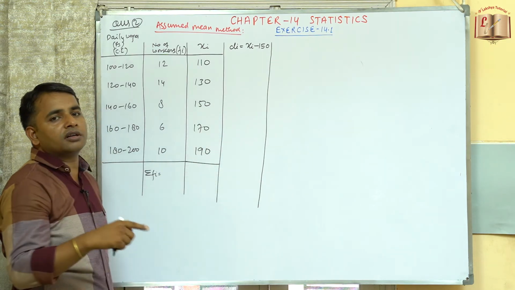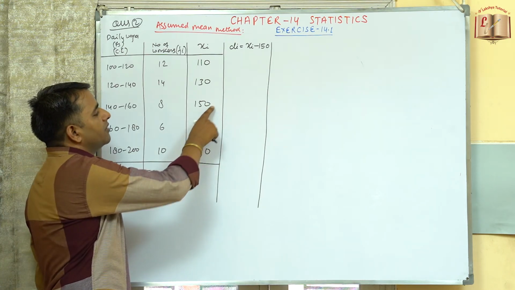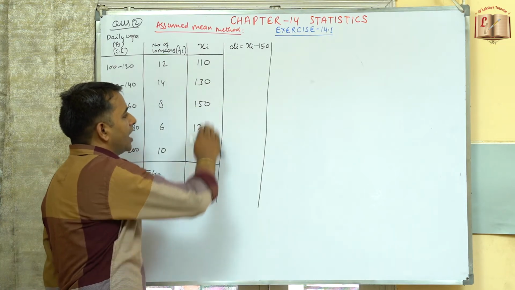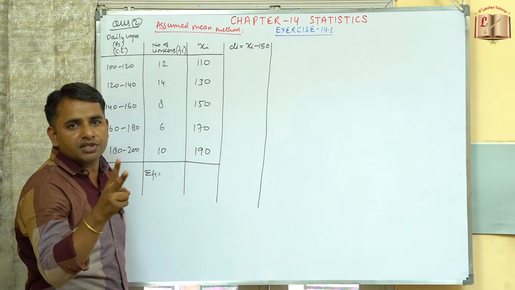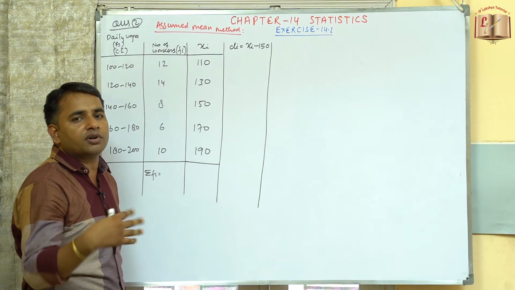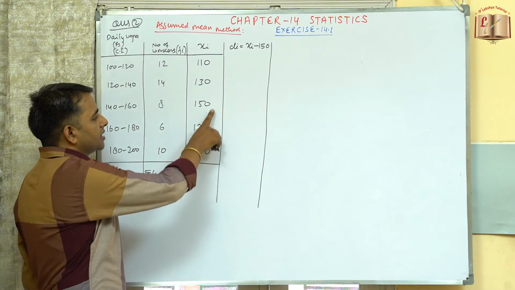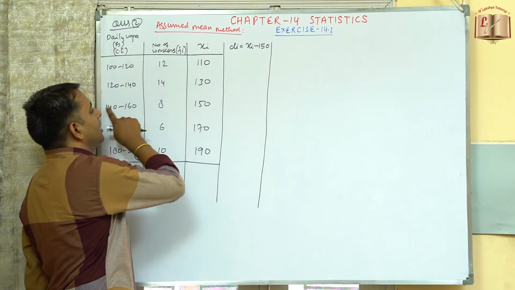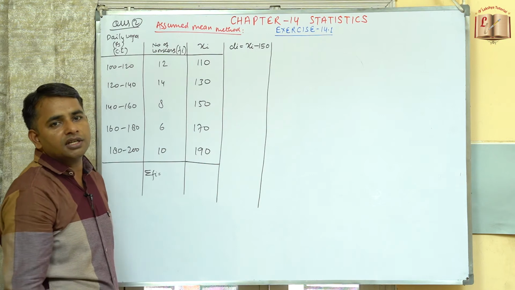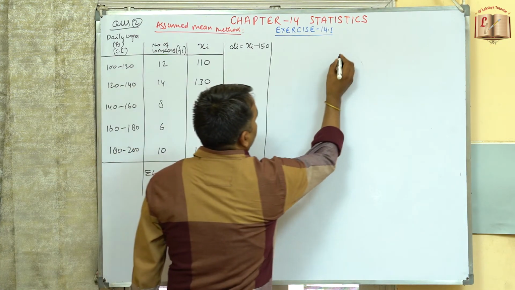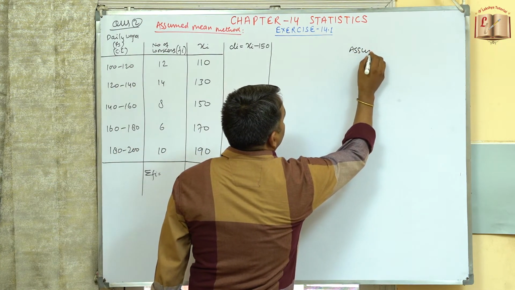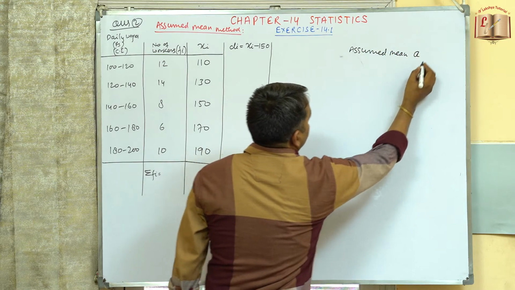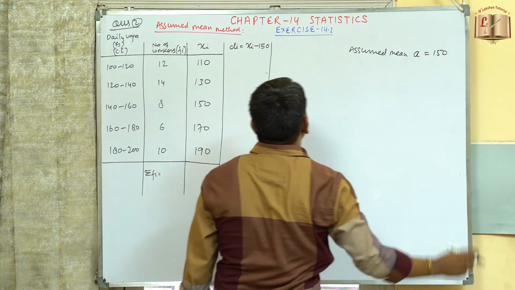इन केस अगर ऑड नंबर वैल्यू दिया हुआ तो मेरे को एग्जैक्टली बीच का मिल गया. इन केस अगर यहाँ पे मेरे को इवन नंबर ऑफ वैल्यू दिए हों तो दो वाली वैल्यूज बीच की आतीं, तो उन दो में से जरूरी नहीं कि आप कौन सी लो, आप कोई भी ले सकते हो, दोनों से ही आंसर करेक्ट आएगा. तो अभी तो ये ऑड है तो मैंने 2 इधर से छोड़ा, 2 इधर से छोड़ा, ये मेरी मिड वाली वैल्यू जा रही थी, इसको मैंने a कंसीडर कर लिया. सो दिस इज द असम्ड मीन. सो वी कैन राइट हियर, असम्ड मीन मीन्स a. सो दिस इज इक्वल्स टू 150 इन अवर केस.